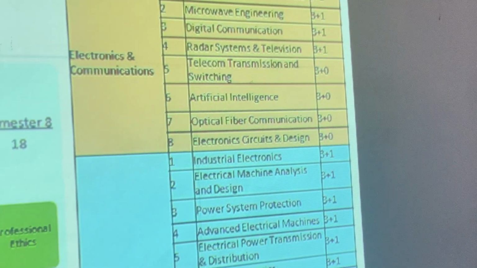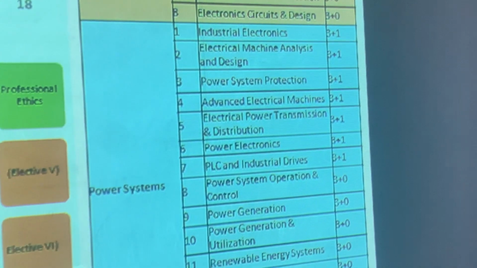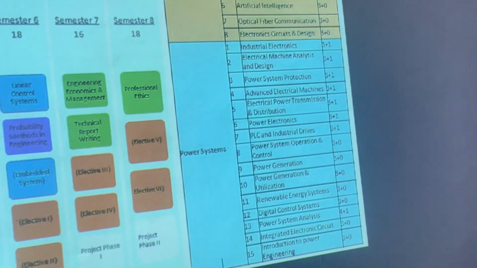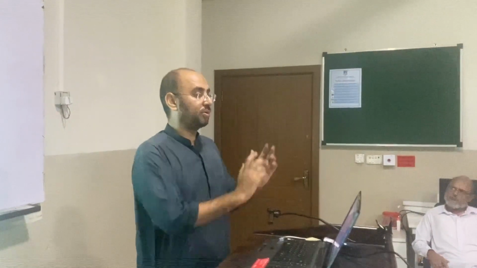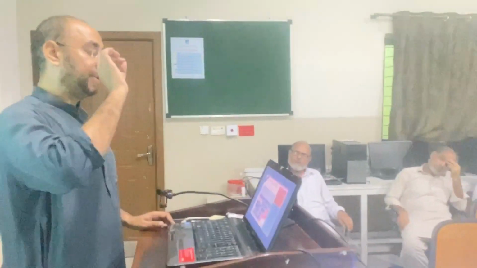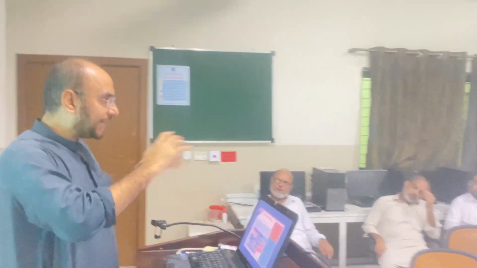What is the purpose of this elective? This is actually mandatory, that the department should also offer a list of electives. Why is it needful to offer elective courses in parallel with some core courses or depth courses like basic courses? Specialization. Actually, the semester system is a bit flexible. The student should opt for those courses which they need, which they are interested in and which are helpful for their future.